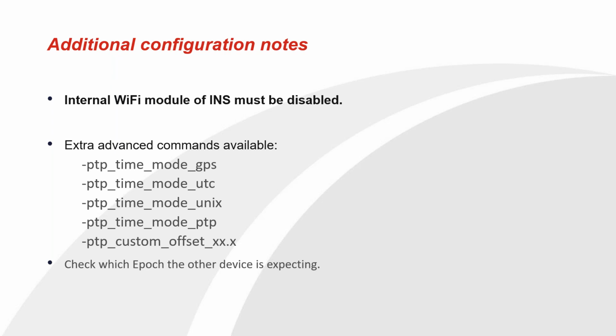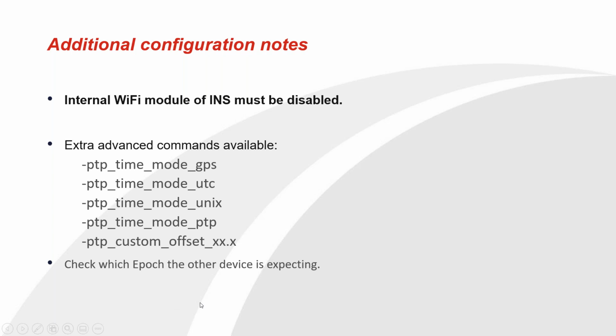Additional notes for configuration. Currently PTP is not compatible with Wi-Fi. So if you have an RT3000 v3 or a Survey Plus v3 and you have an internal Wi-Fi module, that will need to be disabled whilst you use PTP. Also,